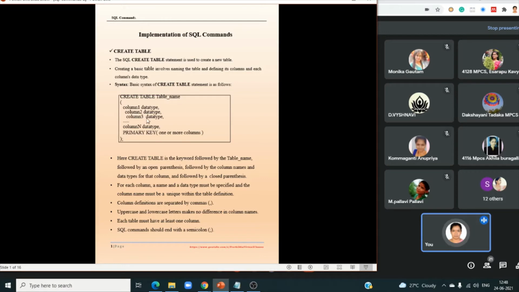Column names have no difference between uppercase and smaller case letters. As I said, it is not case sensitive. Not case sensitive means upper and small letters are the same. And at least 1 column must be added in the table. When you are creating the table, at least 1 column must be in the table, and the SQL command should end with a semicolon.